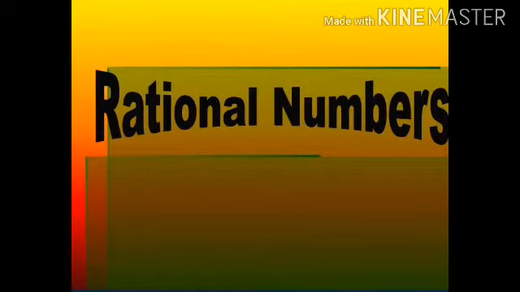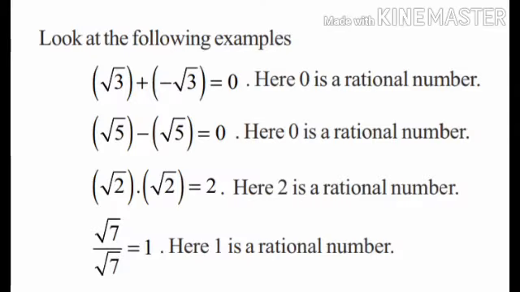In this video, we are going to discuss operations on real numbers related to rational numbers, chapter 1, class 9. Operations on real numbers. We have learned in the previous class that rational numbers satisfy the commutative, associative and distributive laws for addition and multiplication, and also that rational numbers are closed with respect to addition, subtraction and multiplication.